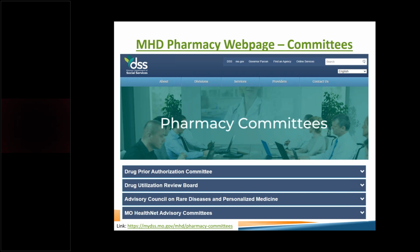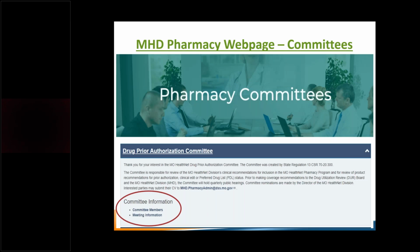And if you were to click on the right-hand side on that arrow, it does provide a little bit of a drop down, and it goes over what the committee is, what type, how it was established, things along those lines. But at the bottom is where we want to draw your attention, where you can learn about the committee members themselves, but also gain access to all of the meeting information and meeting materials. So if we were to click on the meeting information bullet,